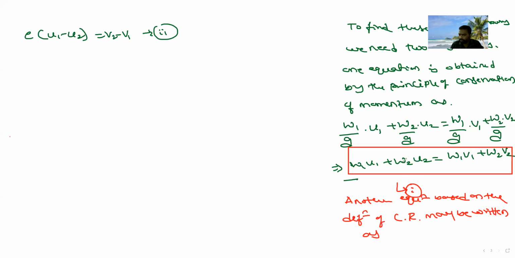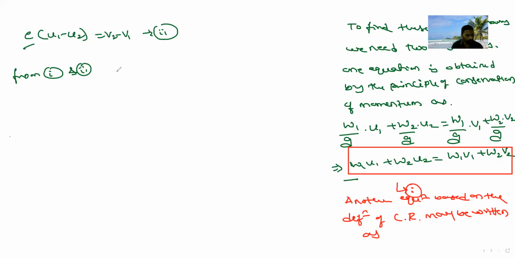W1 is known, U1 is known, W2, U2 is known, and V1 and V2 are unknown. So here the coefficient of restitution is known, U1, U2 are known, and V1 and V2 are unknown. So two equations, two unknowns, you can easily find them out. From equation 1 and 2,